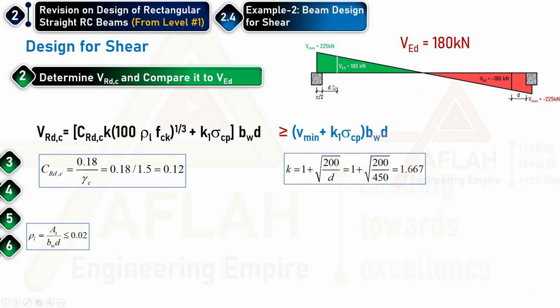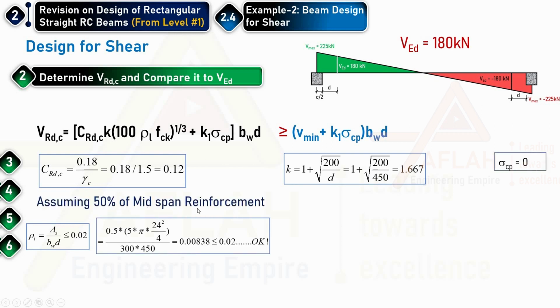So for such a condition, the reinforcement in the tension zone at the bottom may not continue fully to the other end. So for this, assume 50% of the midspan reinforcement is extended. This is just a rough estimation. You may take 100, you may take 75, whatever. But it's not good that you use 100%. As minimum, half is enough. Now this divided by this gives me